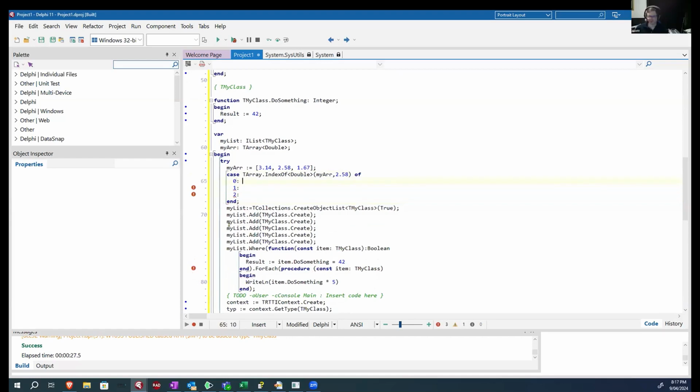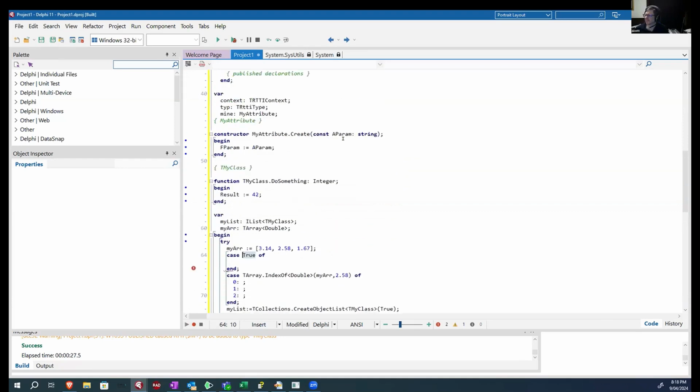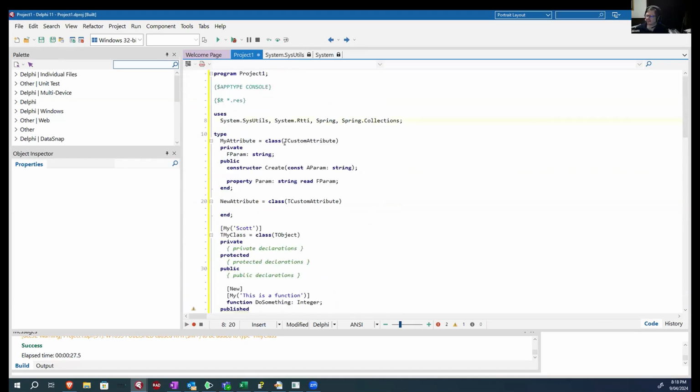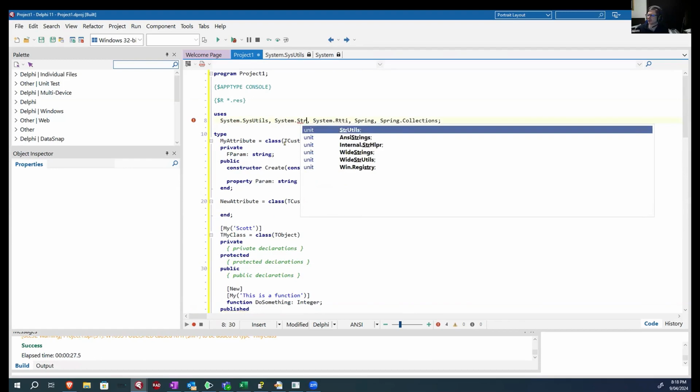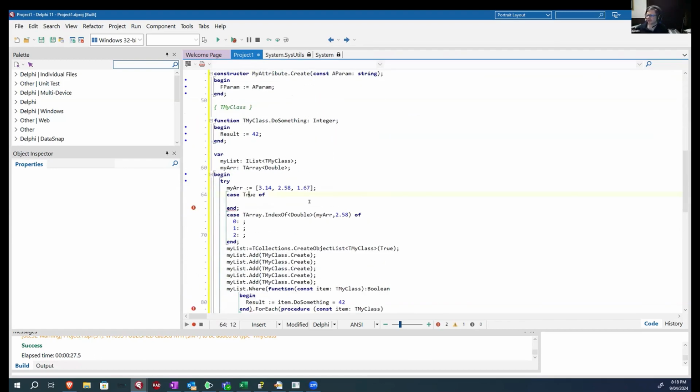Now, I used to do this a lot with strings. You know how you can't do a case statement with strings, except you can, because you can do case. Now I'm going to need another unit, string utils. Once we've got string utils in here, we can do a case, index text,